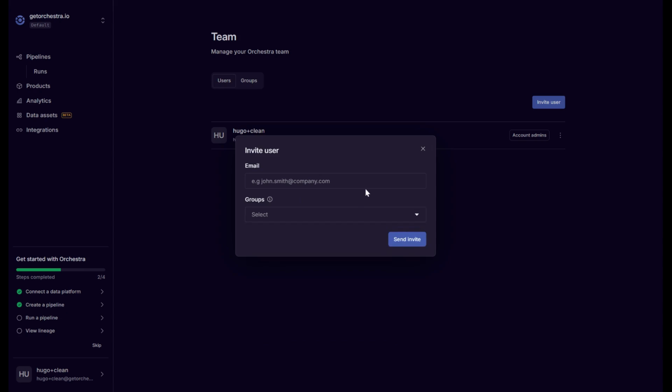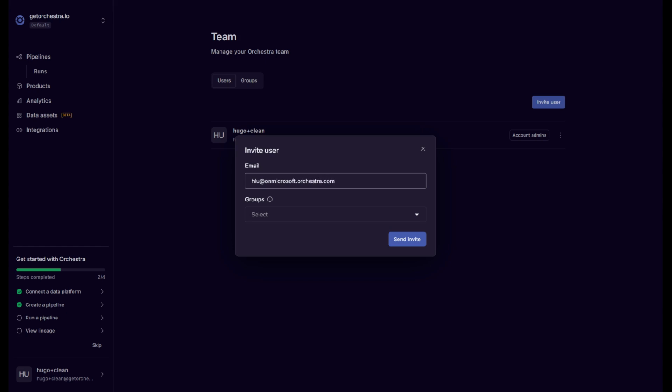A caveat is that the address you use to send them the invite has to correspond to their email address in Entra. Just now, when you saw me try to log in and authenticate with Microsoft, I only had one option, and that was to use this email address. That's because in Entra, I've only got that email address. In your account, you might have multiple email addresses. I might have Hugo at getorchestra.io, I might have hlu at getorchestra.io, I might have hlu at